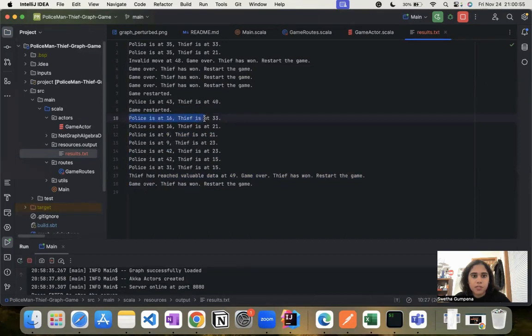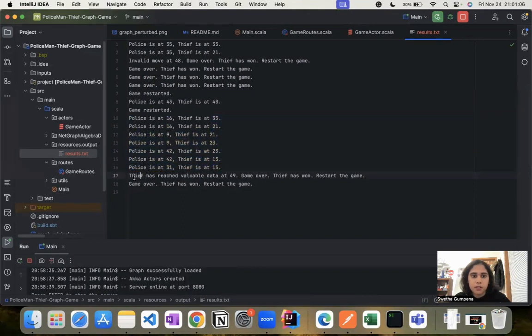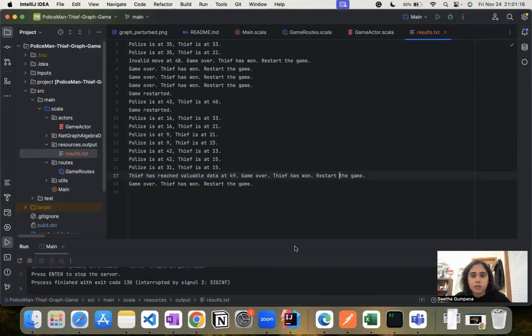So this is a game that was the autoplay game. So the police was at 16, then goes to 13, and then the thief was at 13, and then these other steps the police and thief have taken, and the thief has reached valuable data at 49 and the thief has won. So this file would then be created. Now if I stop this